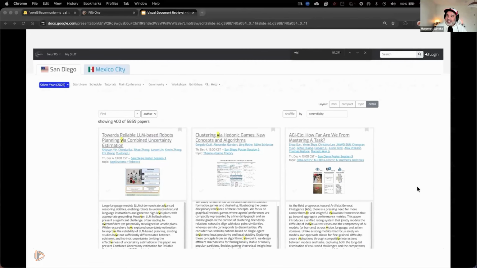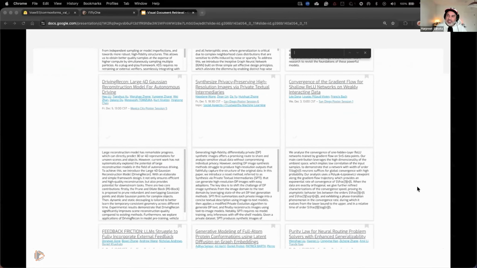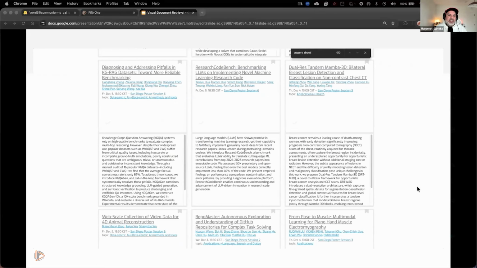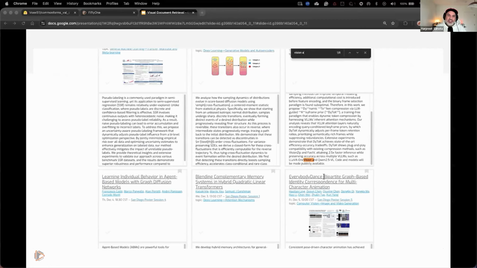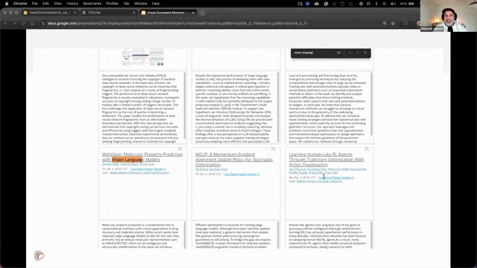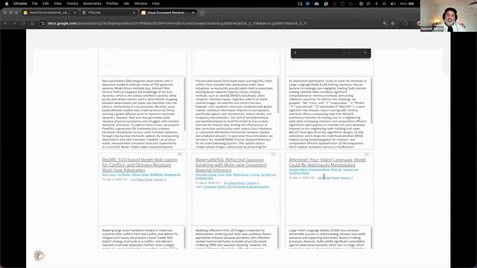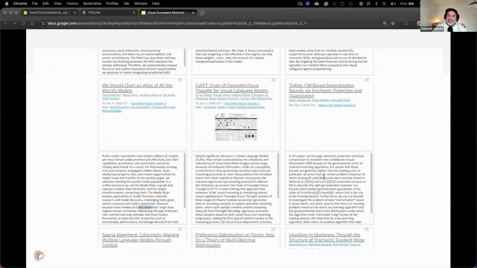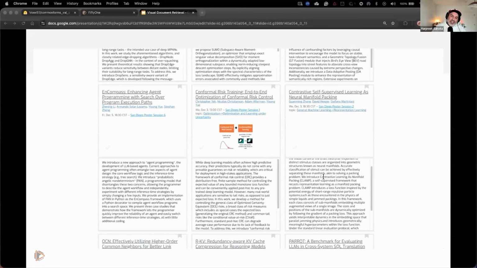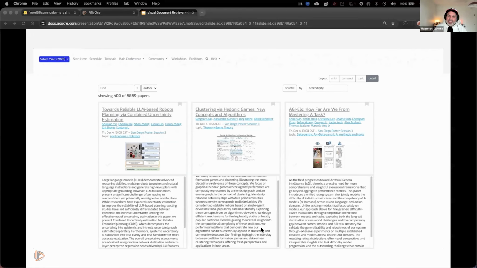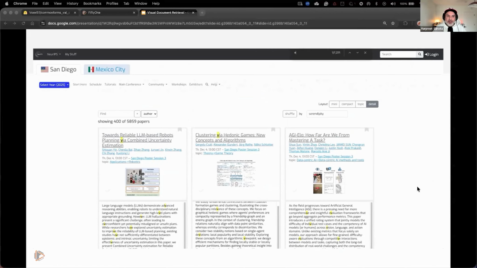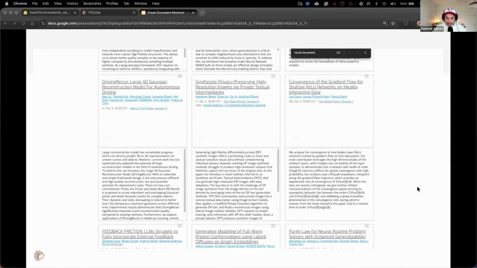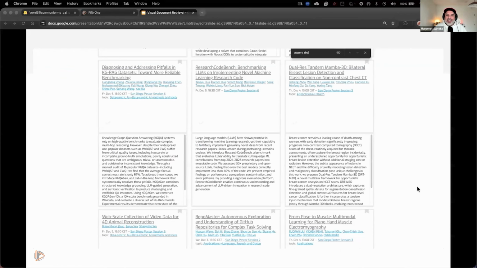NeurIPS is around the corner, right? There are a lot of papers, a ton of papers, 5,000 plus papers, nearly 6,000 papers. And you only get 3, 4, or 5 days at the conference, right? So which papers should you actually read and attend, that are interesting to you? So the traditional approach is doing what's happening here. Open the conference website, read the abstract, control F for words, maybe ask your colleagues for recommendations, and then a week later, maybe you have a list. But there has to be a better way to do this, right? And I hope to show you this better way